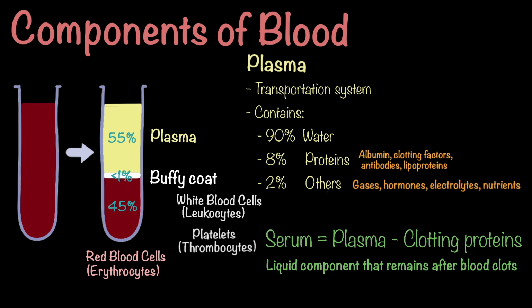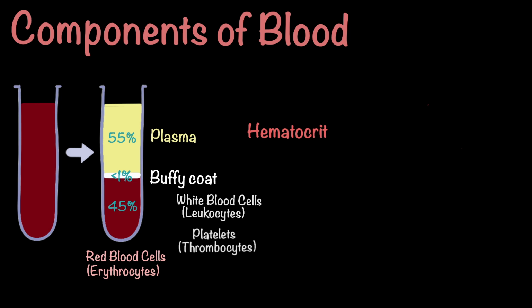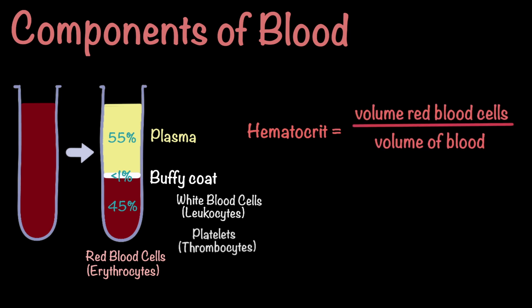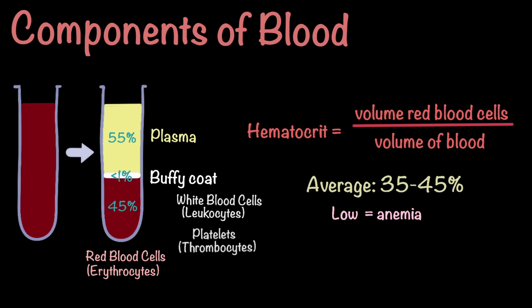What about hematocrit? Hematocrit is a measure of the percentage of red blood cells in the total volume of blood. In most people, it will be around 35 to 45%, but can differ due to factors such as age, gender, and altitude. A person with a lower hematocrit is said to have anemia, and a person with high hematocrit is